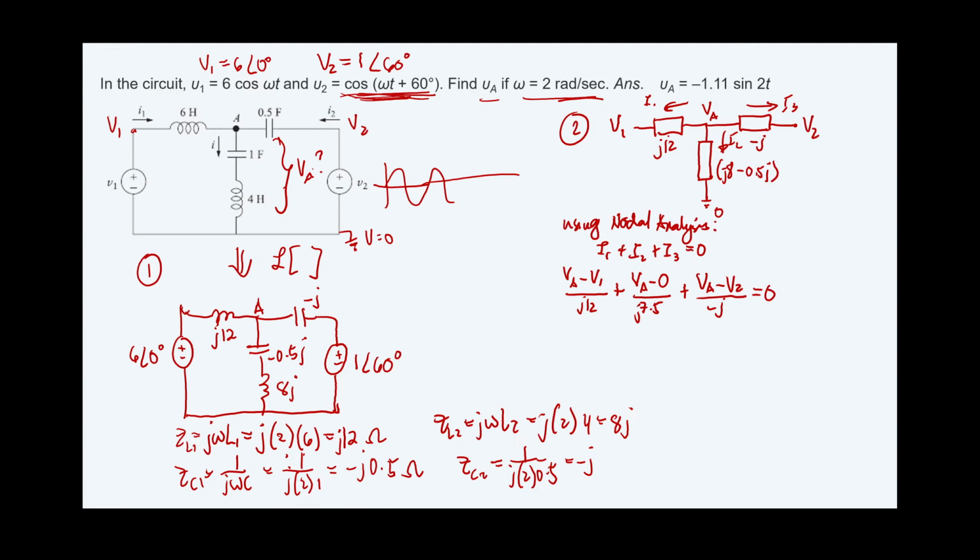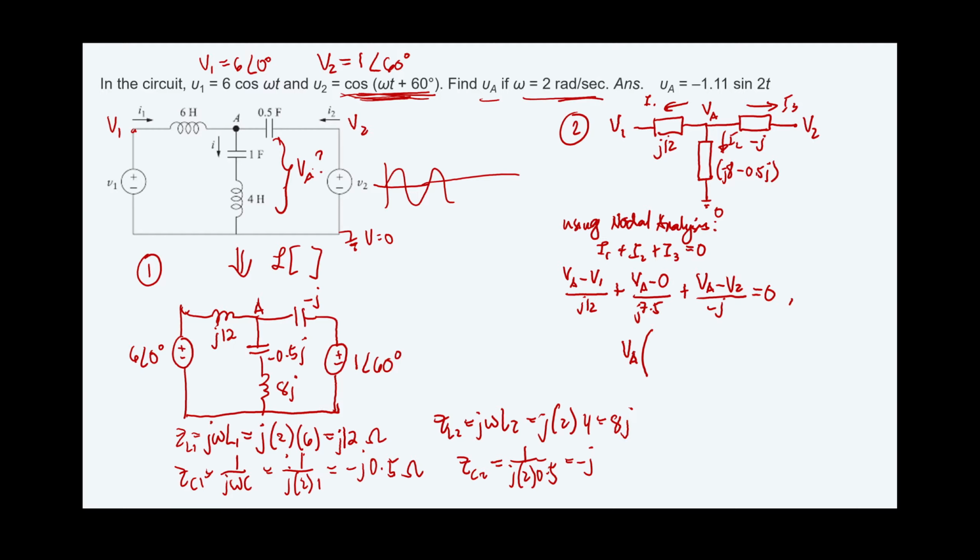Okay, so check the equation. So how many variables? We only have one variable, which is VA. V1 and V2, they are given. Okay, so 6 angle 0 and 1 angle 60. So basically we can solve already VA. Then you have actually 2 steps only, no? So in step number 2, you just analyze and solve for the value of VA. Okay, so then you have VA, you can just